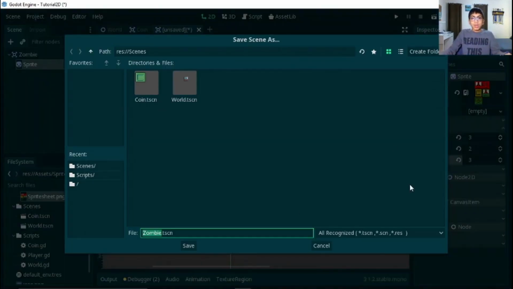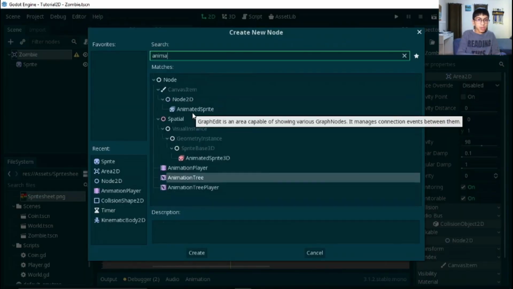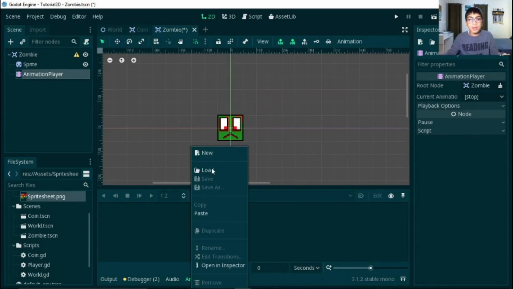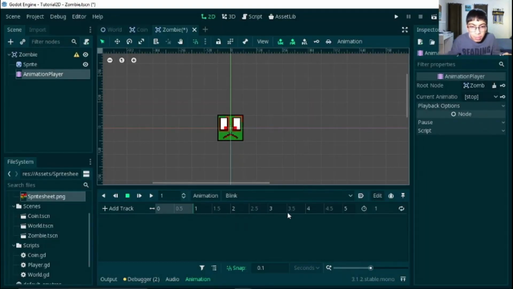Okay, so here's the zombie right now. I'm going to save it inside of my scenes folder as zombie.tscn. And then I will add an animation player as a child. Click animation, make a new animation called blink. I will just make the zombie blink. So set the length to 2